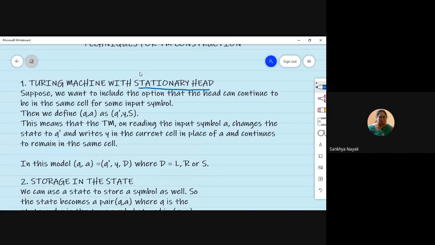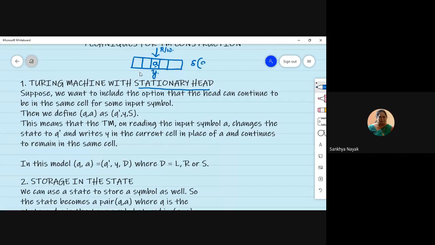So far, when you saw a Turing machine, what did you see? You have a tape, correct? And you have cells, and there is a read and write head. And so far, what we did was, on reading a symbol, it may keep the symbol as it is, or it might change the symbol. And also there was a movement, isn't it?